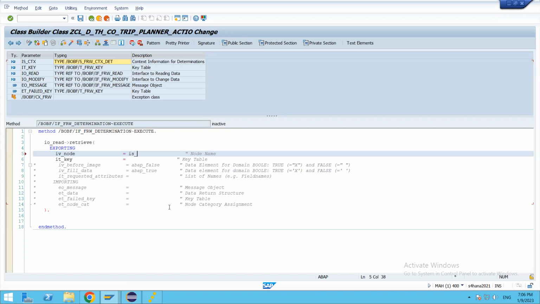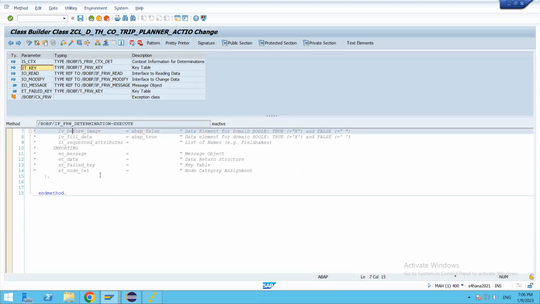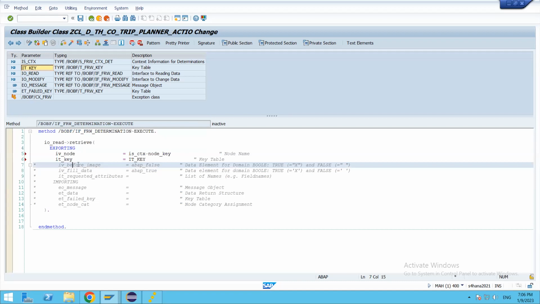So let's take ISCTX hyphen node key, and the same parameter, whatever we get inside this one, IT key. And here the beauty is we have the parameter before image as well. So what this before image is, we can